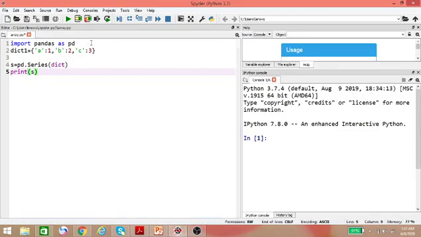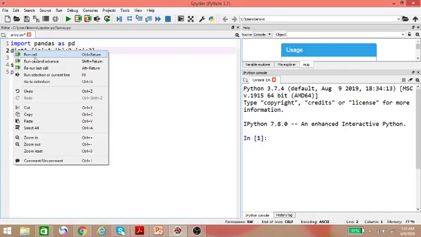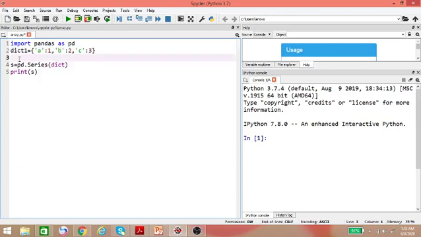Here I have already imported the pandas library in our program, and dictionary 1 I have already created, and I am creating another dictionary, number 2. Let's copy it and paste. I am changing its name to dictionary 2 is equal to A B C. In this dictionary I am adding one more key-value pair, D equal to 6.